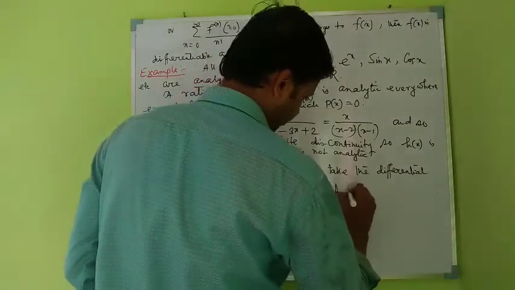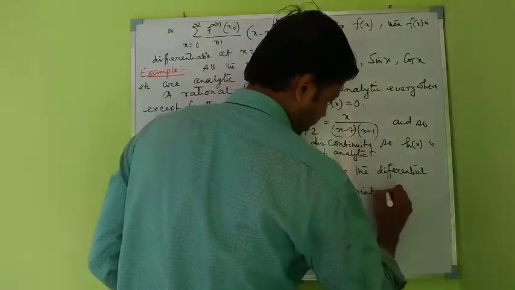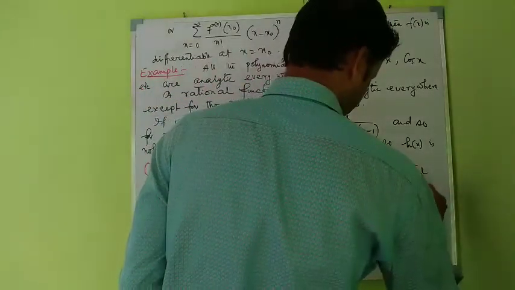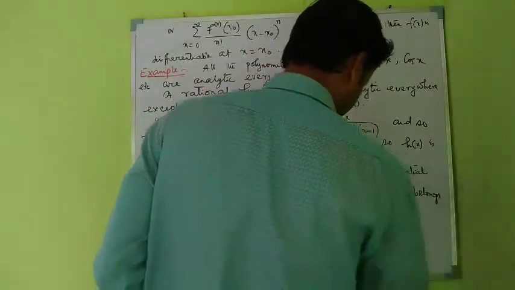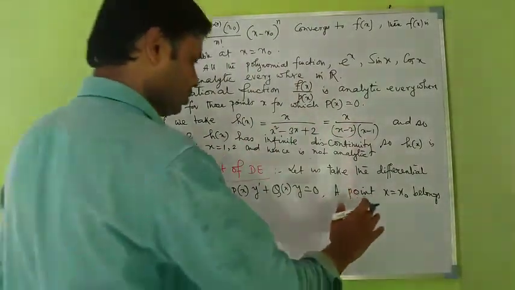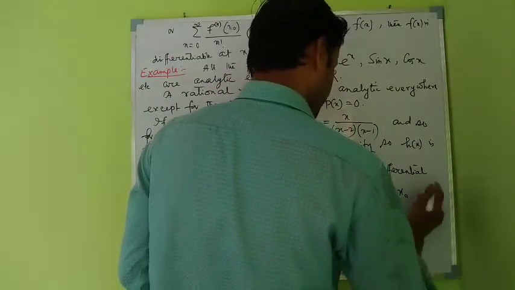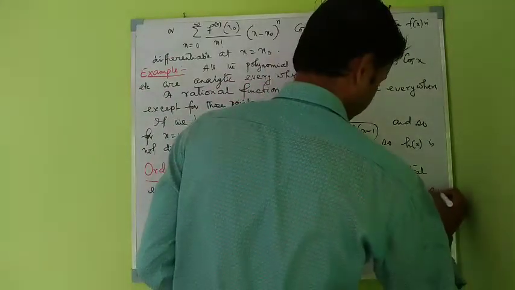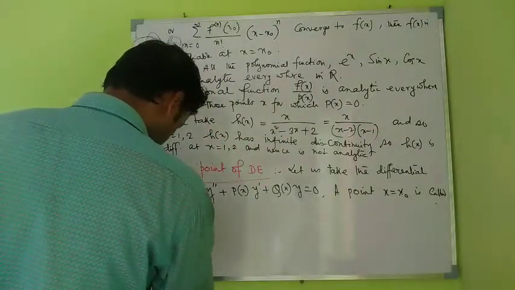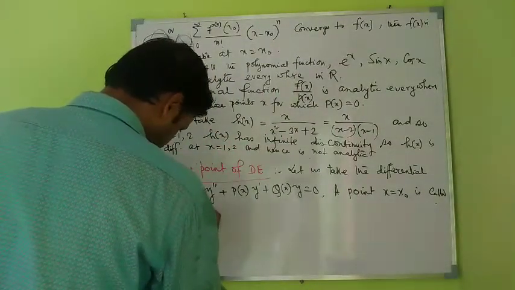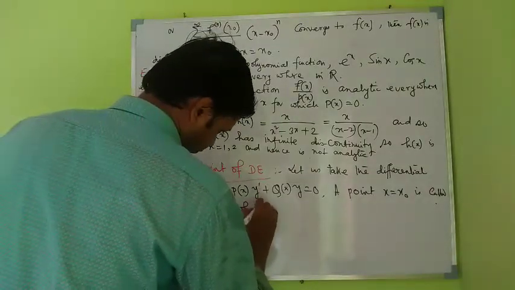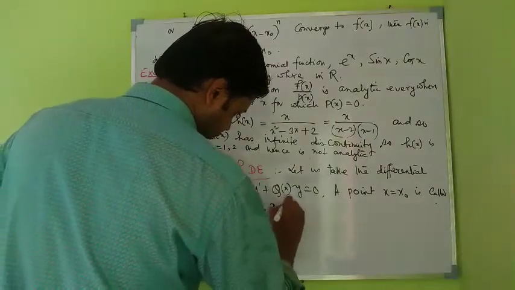A point x is equal to x naught is called the ordinary point of this DE, differential equation,